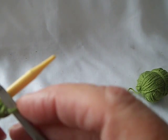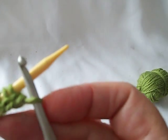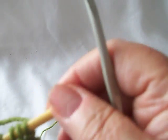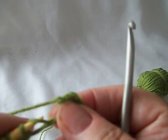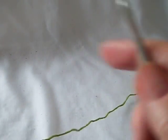There is a slight change in gauge when I tried doing it. You can see that gap. I made one wrong. That's why there's a gap. So I got just a yarn over there. So yeah, this is